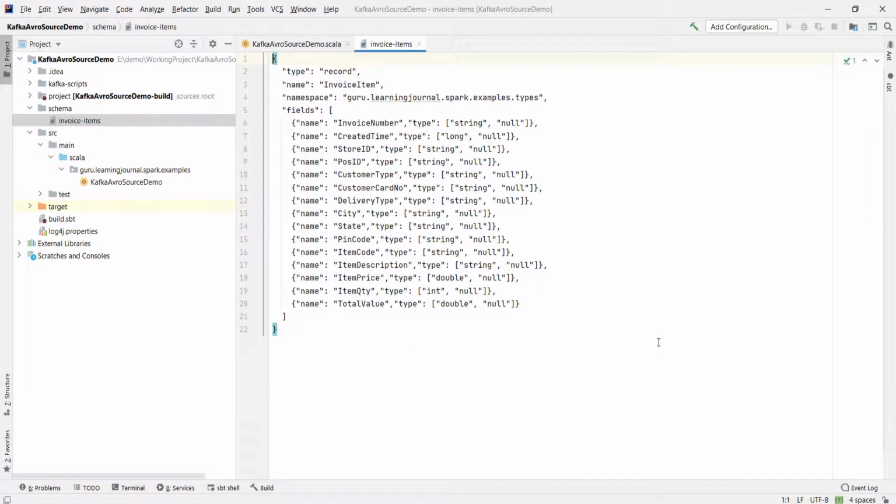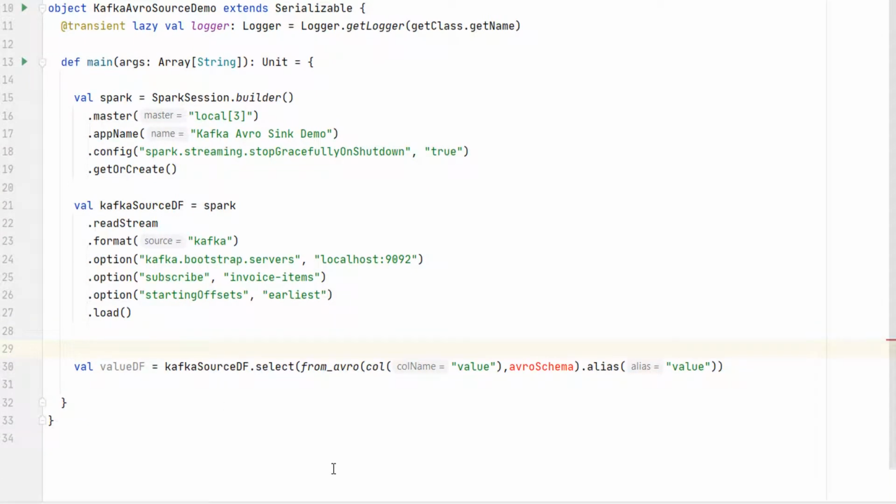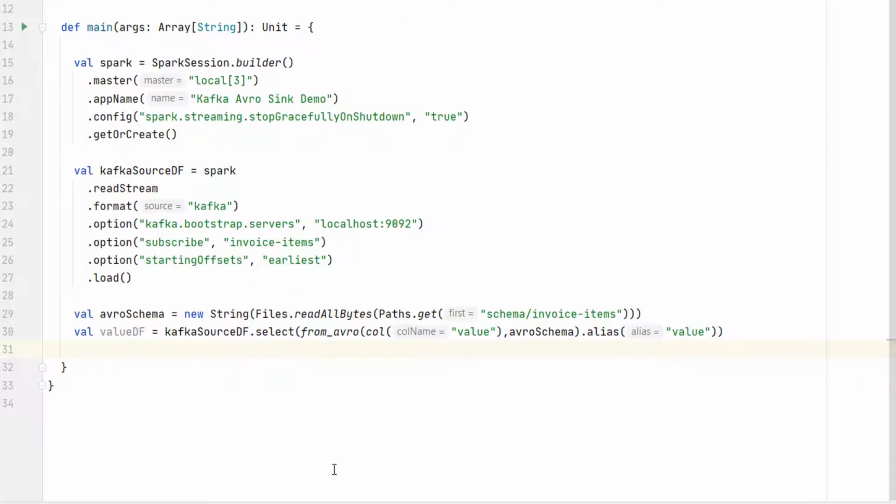Here it is. I created this Avro schema and kept it in a separate file. This schema is defined using the Avro schema definition language. Things are simple, but you need some additional knowledge to understand and create a schema definition when dealing with Avro records. Now I can load the schema string from the file and apply it here. Let me do it. That's all. This code will load the Avro schema definition from the file and I can apply it here. That's all. Rest all is just a Spark data frame transformation.